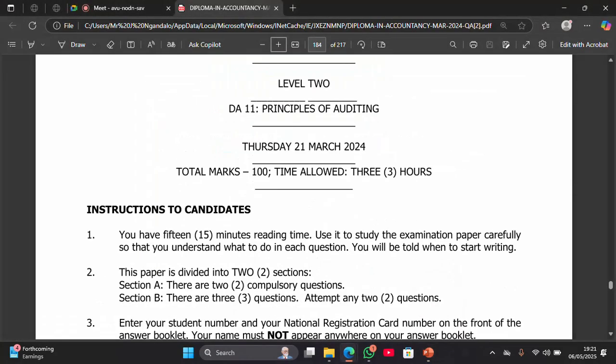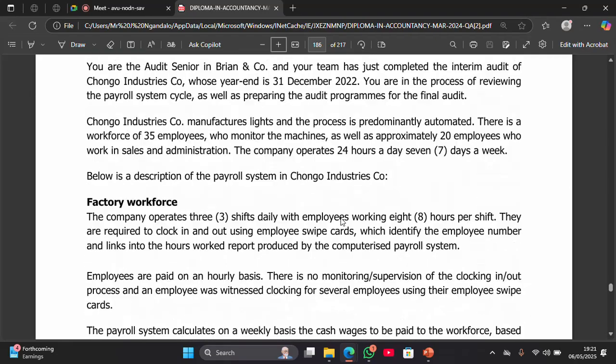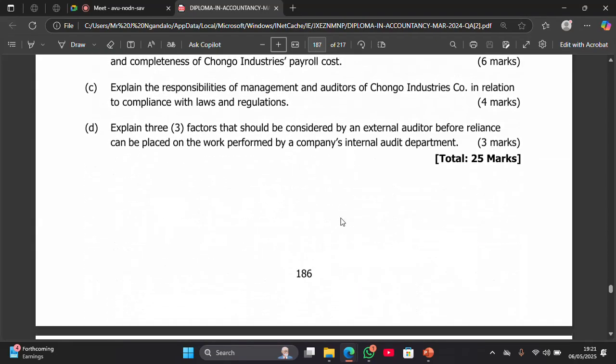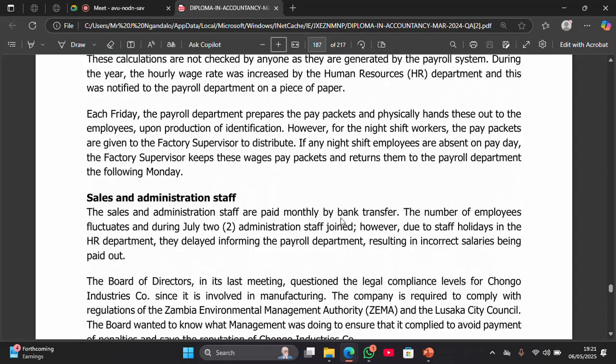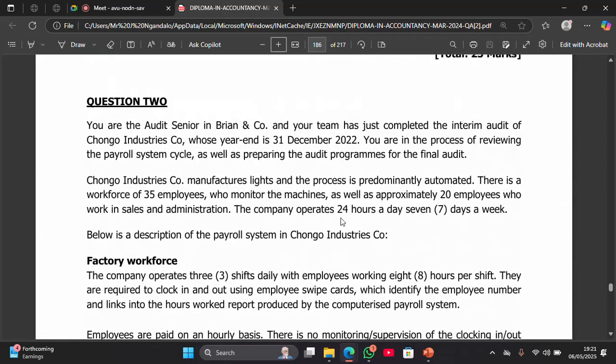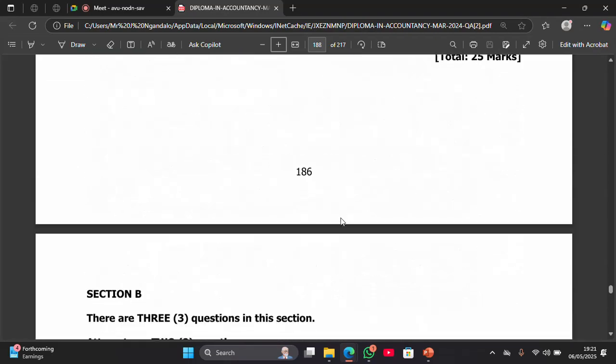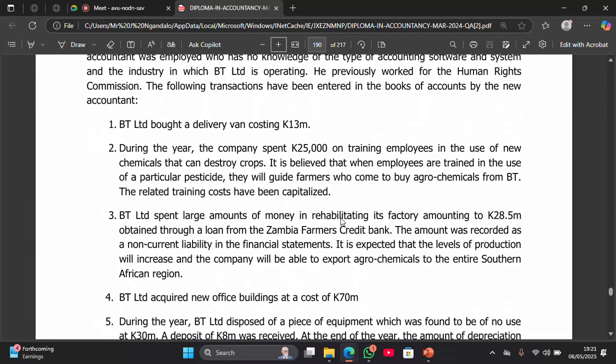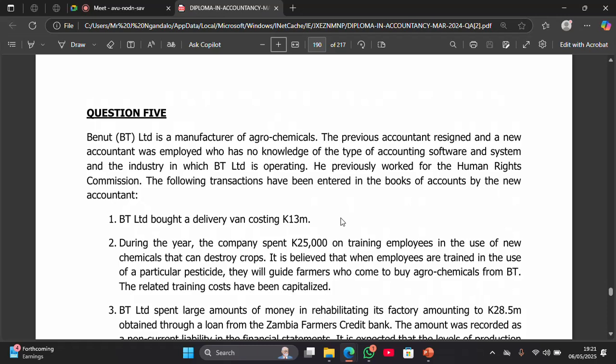So let us go to question number 5. I hope you have this. I think you should have this. I was thinking that this is December, but I think this is March. So question number 5 from the March sitting, our students are saying we had a problem with